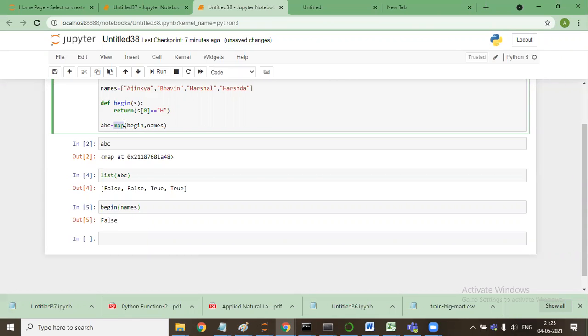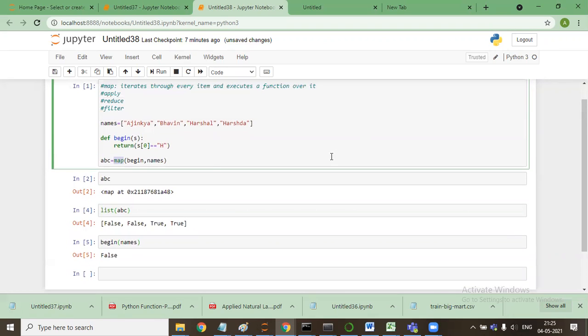Sir, I have a little doubt in the function code. While we have returned s[0] equals to 'H', why are we not equating like that? Suppose we stored this return value into some variable, and then printed the output, how come it is taking the return and running the code successfully? Let me first clear the doubt of somebody who has not got this function. Then I'll come to it.